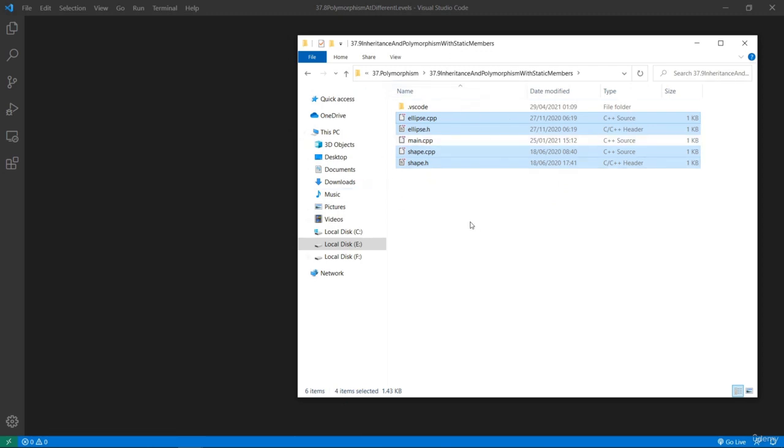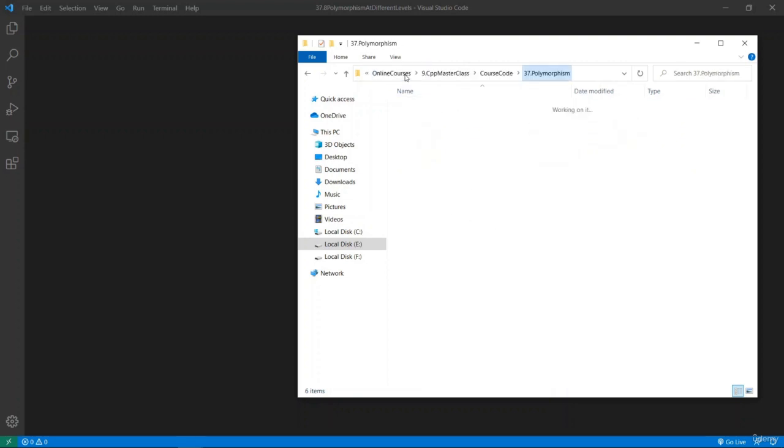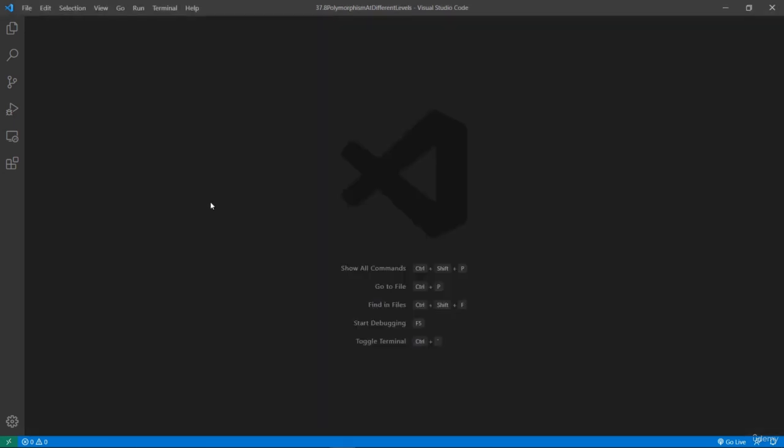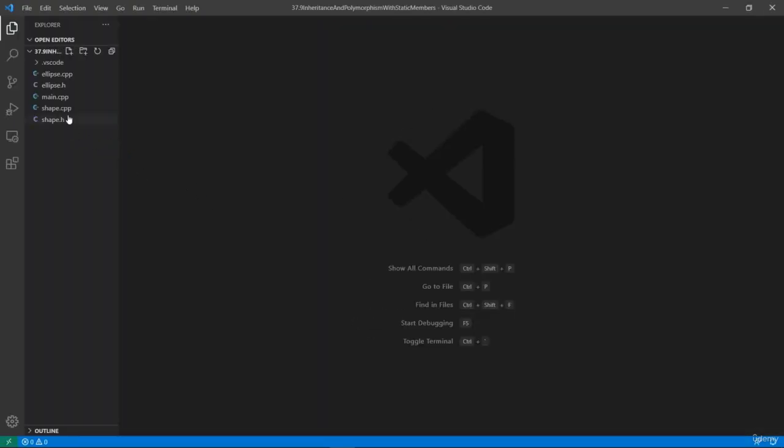Again, if you don't want to type or create these classes, you can use the files provided in the resource section of this lecture. You can download them and use them directly without having to create them, because we are really interested in how static members behave with our inheritance hierarchy, which happens to be setting up polymorphism. This is what we want to learn about here. I am going to open this up in Visual Studio Code,